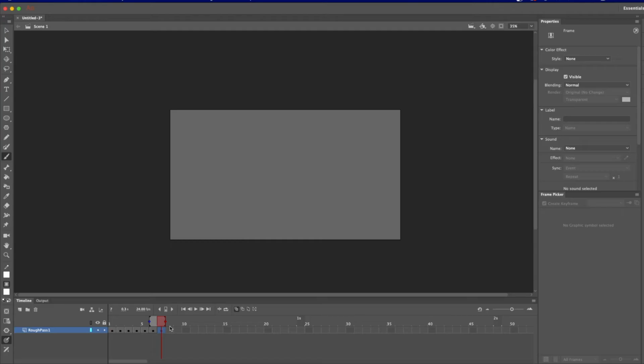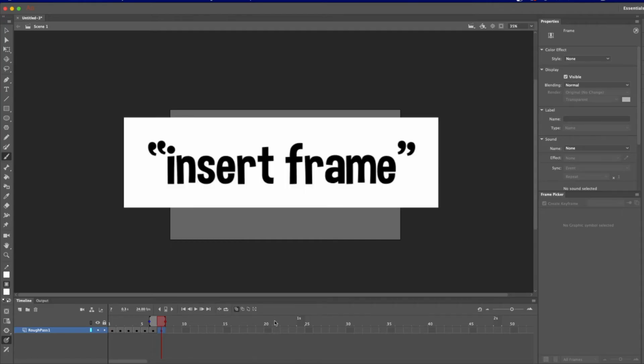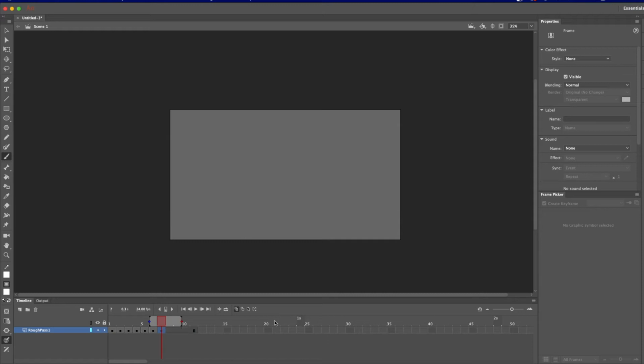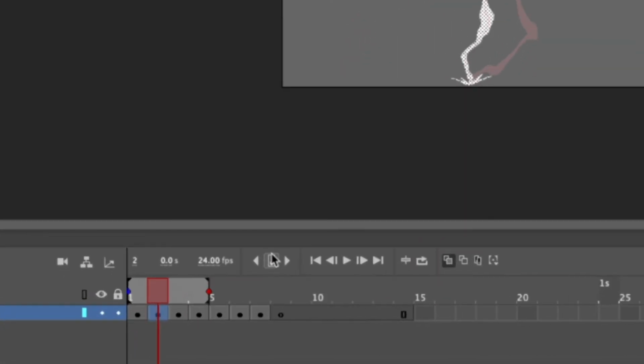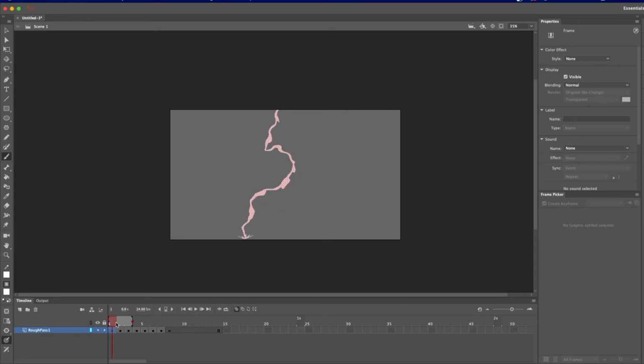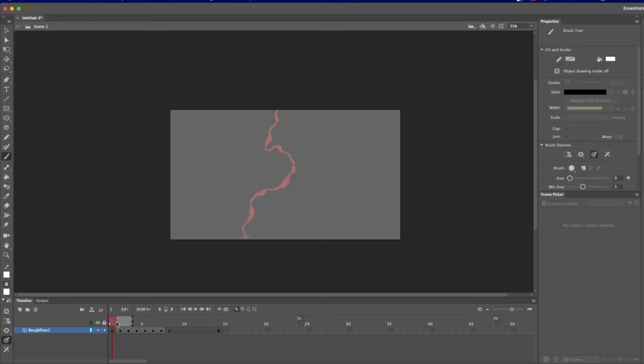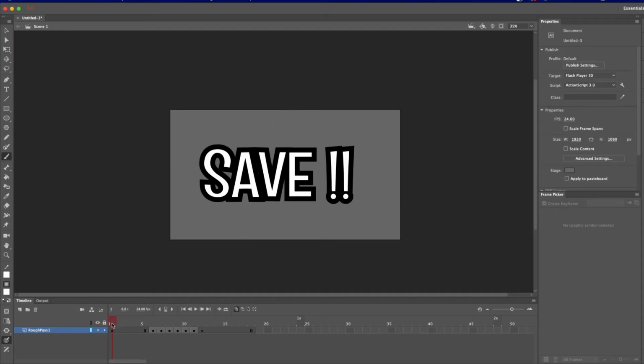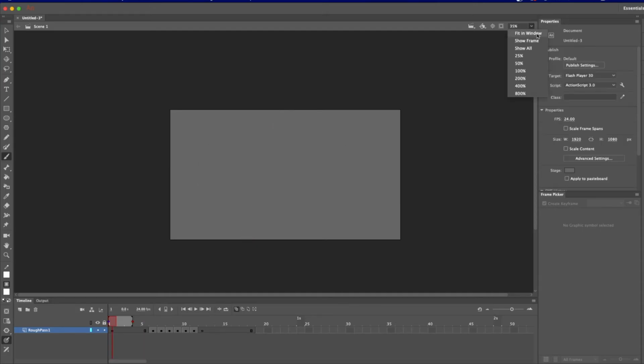So I'm going to give a bit of a gap at the end of this animation, so I'm going to press F5, which is my shortcut for insert frame. So just give that a nice gap. I'm also going to put a gap at the beginning so we have just a bit of a break to get ready for it, and anticipation and everything. So I'm going to press F5 to increase the exposure length of this first frame, and I'm just going to add a normal keyframe, so this second frame here, just by pressing this, and then I'm just going to delete that first frame and increase the exposure for that one as well. So if we play this back,